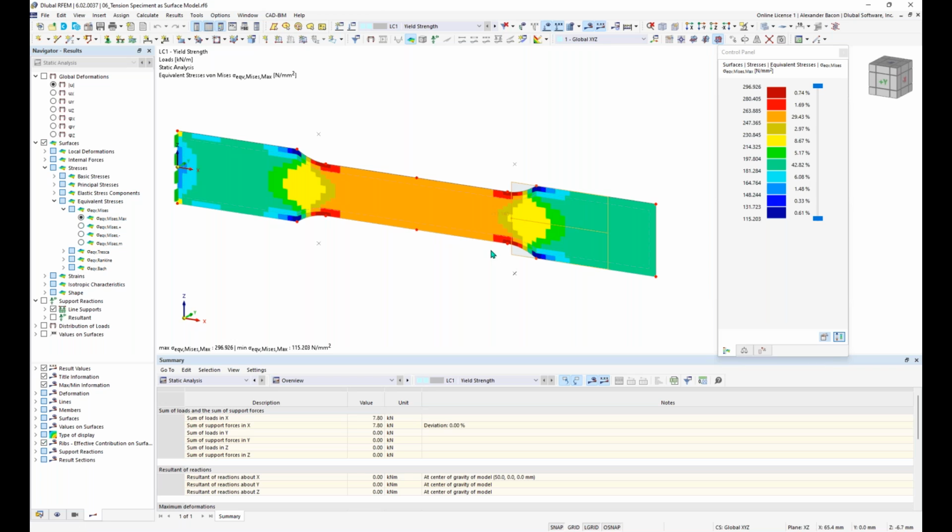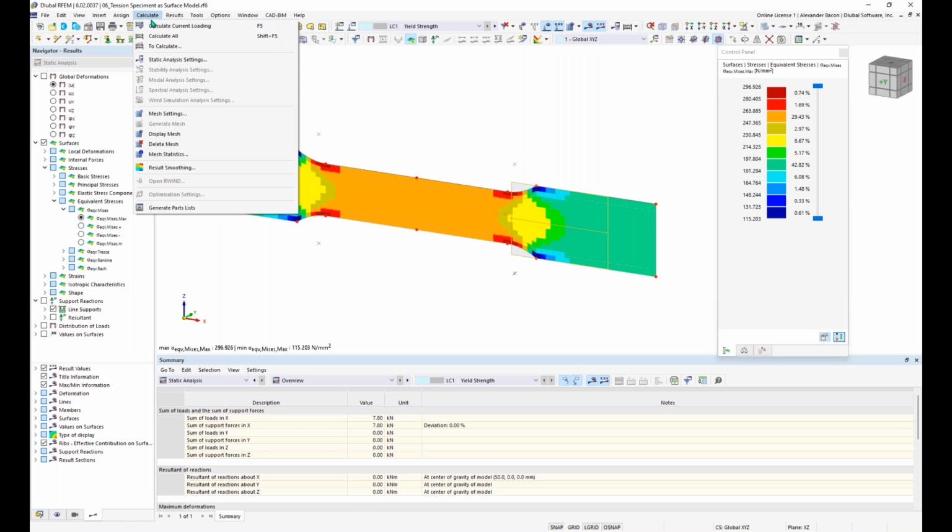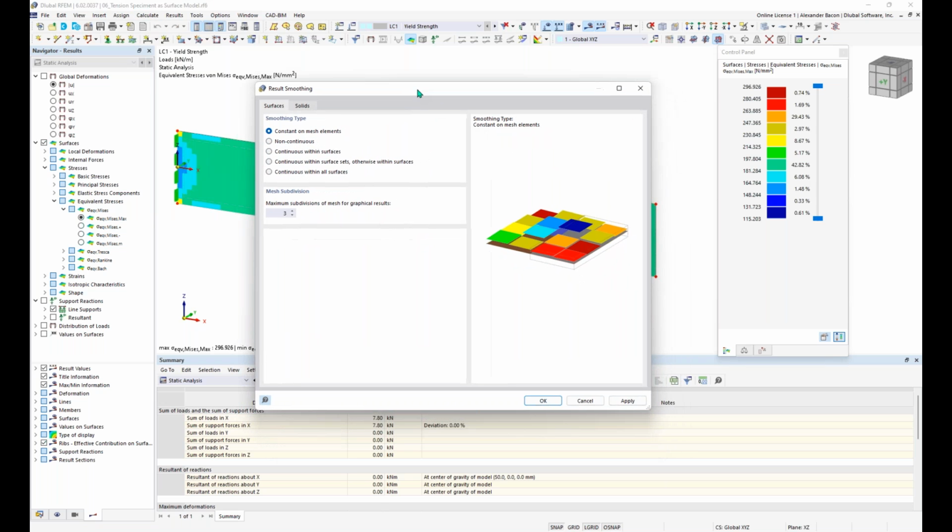So to see better results as well, we want to make sure that our result smoothing is set correctly. So if we go to calculate here, we have some settings called result smoothing. And when you're looking at results like this,